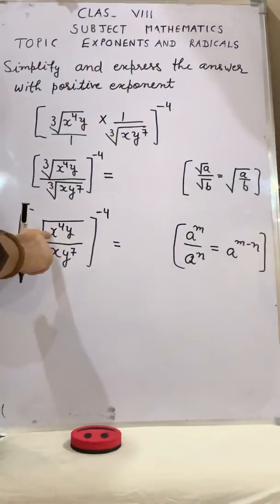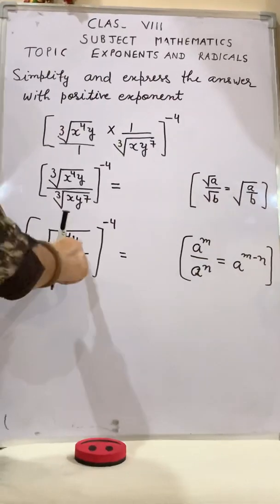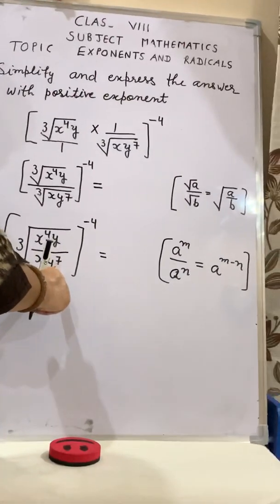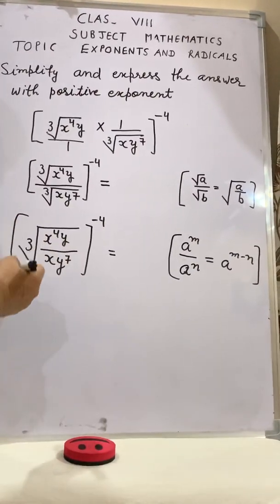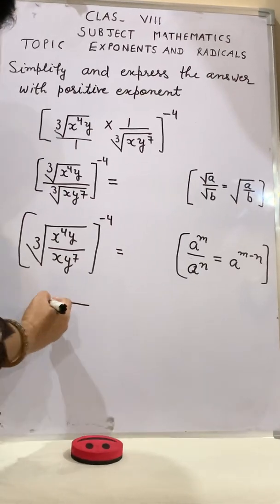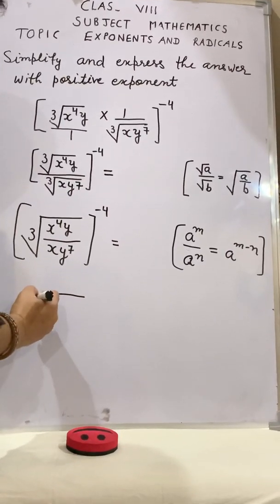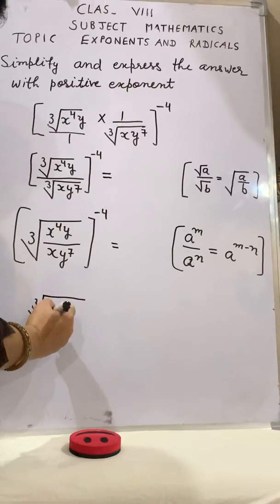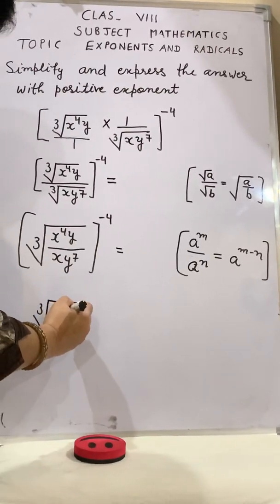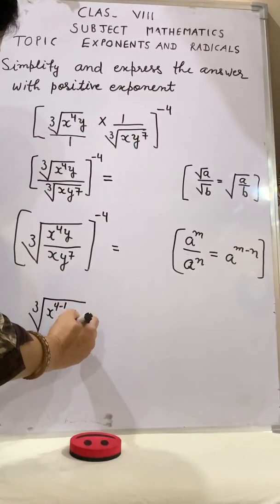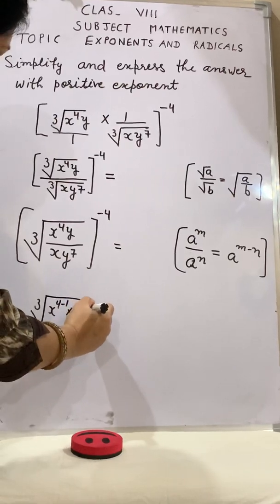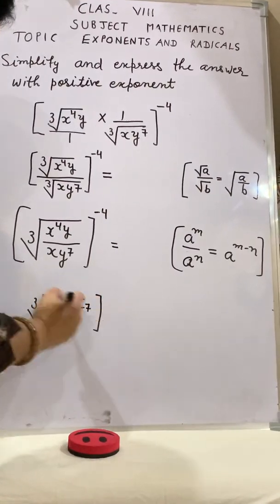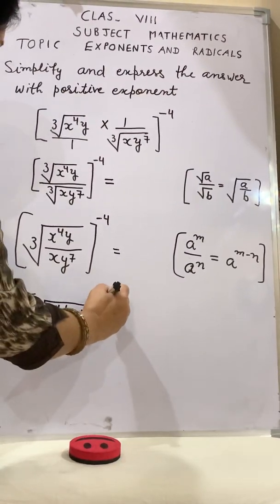Here the base is x, it is also x. It is y, it is also y. So we can write the cube root of x raised to power 4 minus 1 multiplied by y raised to power 1 minus 7, and whole exponent is minus 4,